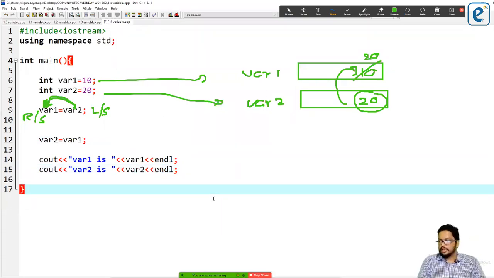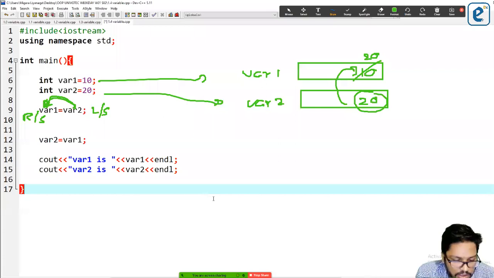Yes, quickly. Only 10, 10 and 10. Yes, others? It will be short, 10 and 10. 10 and 20.